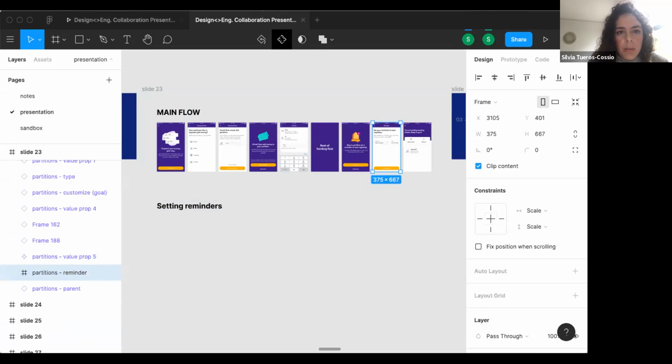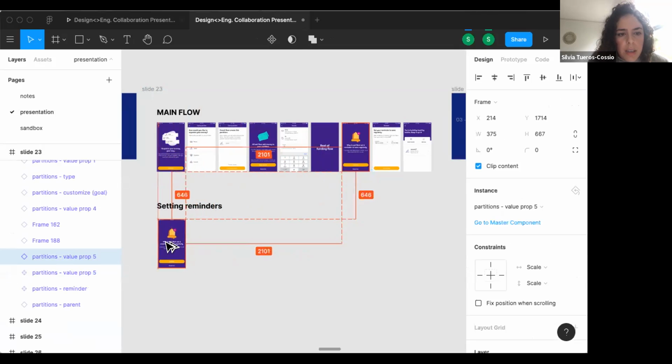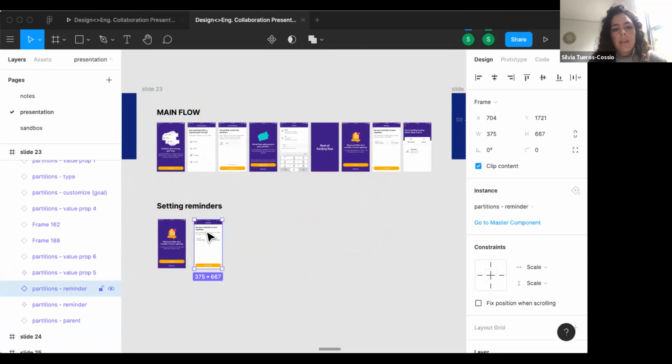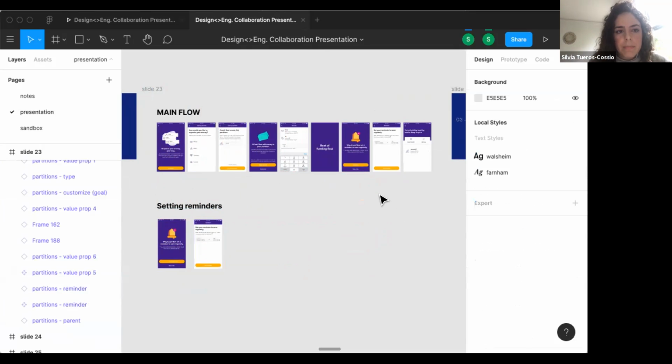Make this into a component. And then you can use instances of these to make all of the flows that you need. This way, you're only making changes in the main flow, and then those changes propagate out into all of the other flows that you need.